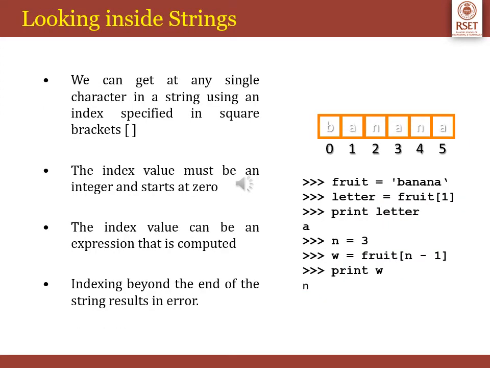Looking inside the strings, individual characters in a string are accessed using the subscript operator, the square bracket. The expression in brackets is called an index. The index specifies a member of an ordered set, and in this case it specifies the character we want to access from the given set of characters in the string. The index of the first character is 0 and that of the last character is n-1, where n is the number of characters in the string. If we try to exceed the bounds, that is if we go below 0 or above n-1, an error is raised. An example is given to show the above point.